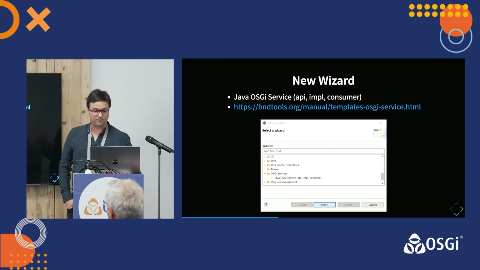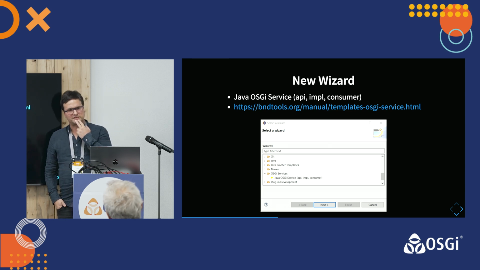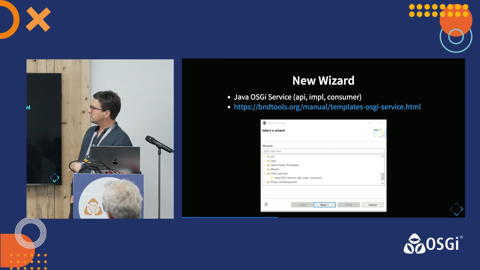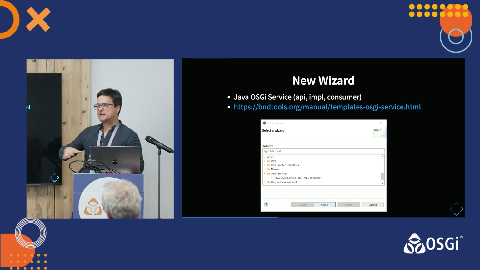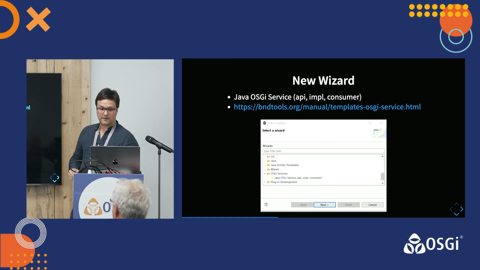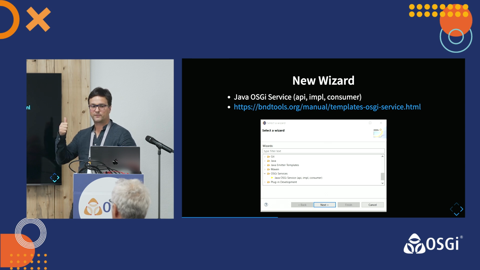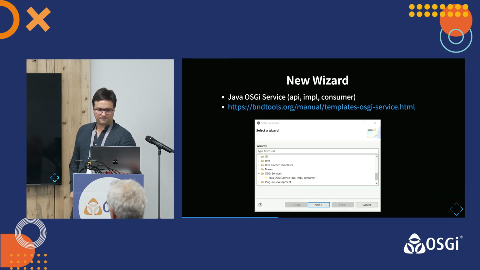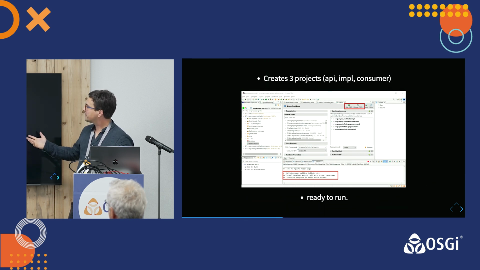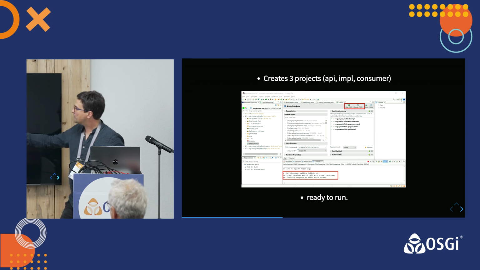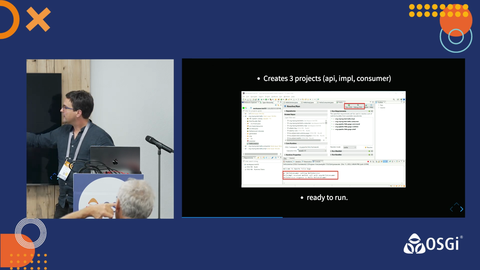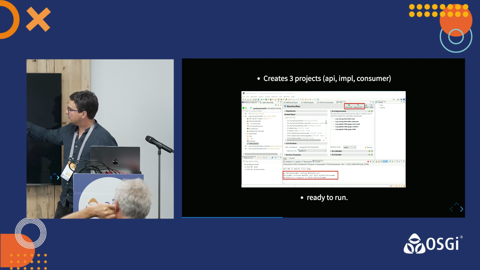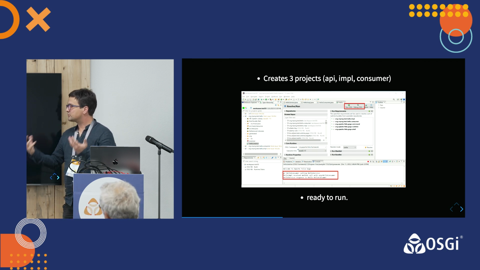Yeah, a new wizard. This was contributed by, I think, Scott Lewis, I guess. Yeah. This is another advanced, or not advanced use case. The template fragments set up your workspace, but this wizard helps you to set up an OSGi project, basically consisting of an API bundle, an implementation bundle, and a consumer bundle. Oops, wrong button. Yeah, and if you use this new wizard, you basically get a full project with a Hello World BND run and all the example classes, which helps you to get started with your